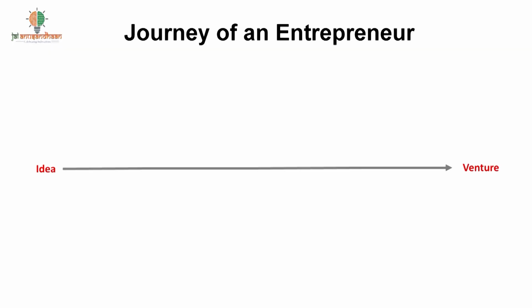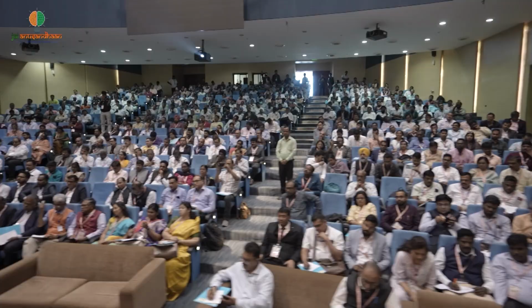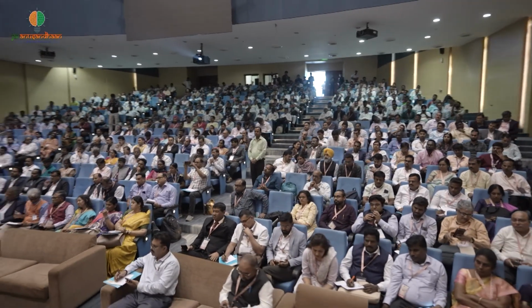So if you really look at the journey of an entrepreneur, it usually starts as an idea to venture, and you also see a lot of what we call the valleys of death. Valleys of death means that when I take my idea to market, I'm able to do a proof of concept prototype, but after that the project or the students have left or this particular idea ceases to exist, and then there are more.